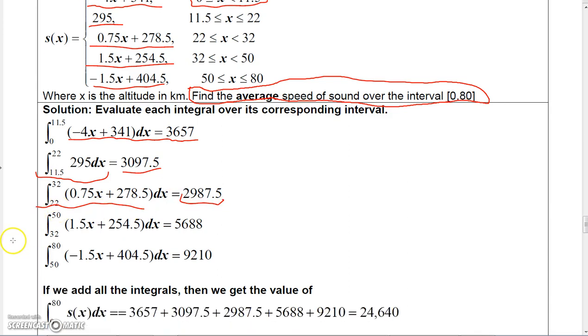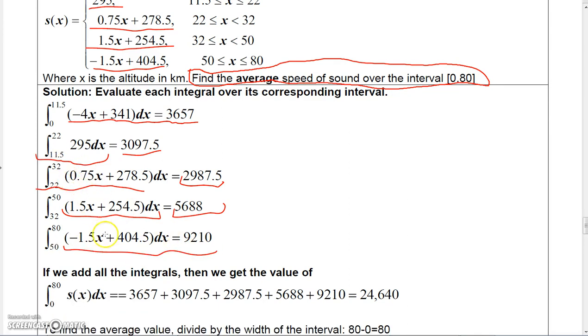The next range of altitude is 32 to 50 kilometers, and I got 1.5x plus 254.5 for that function. When you integrate that, you get 5688. And the last one is negative 1.5x plus 404.5 from 50 to 80 kilometers. That one equals